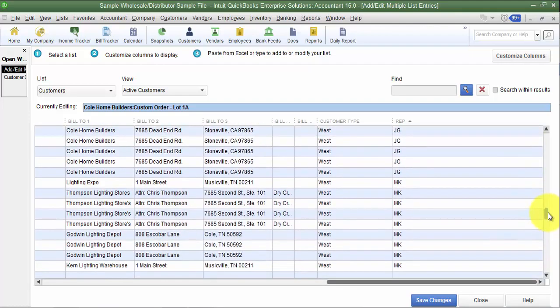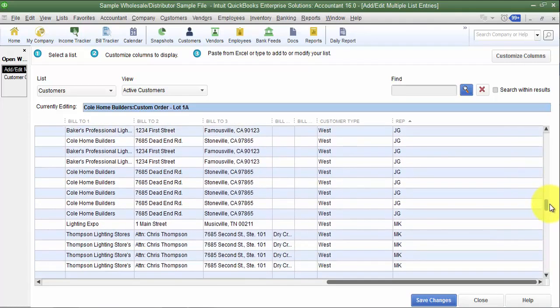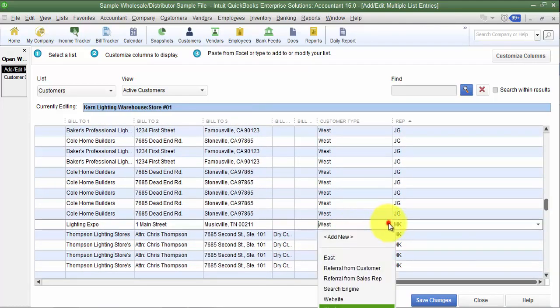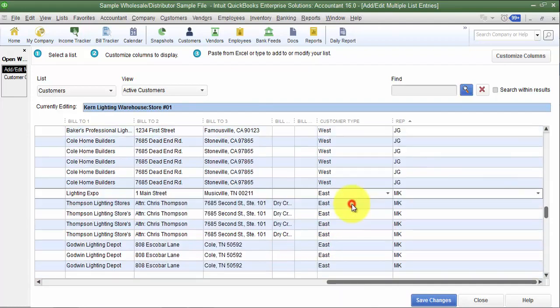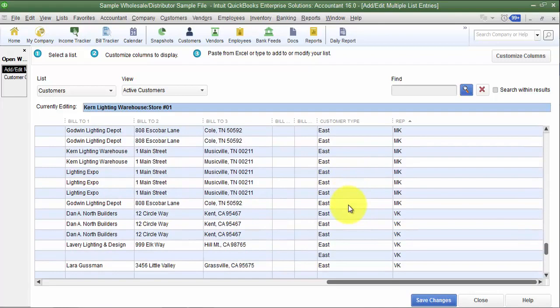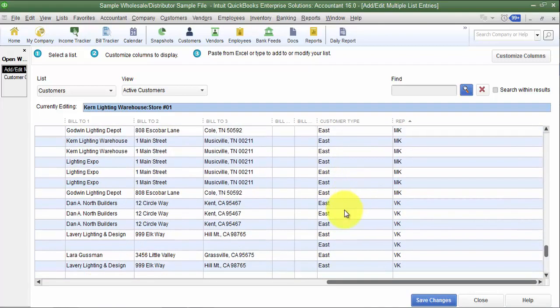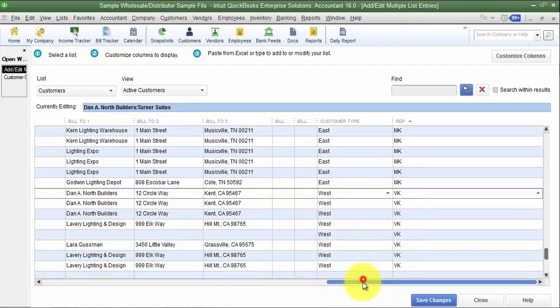Okay, but now I'm going to go down to where MK starts. And I'm going to say MK is East. And I'm going to take from there and say copy down. Again, MK is going to copy down all the way to VK. Then I'm going to go to VK and just go back to West, for now. Okay, and then copy it down again. So I get them in the order. I keep on copying down. I don't hit save until I'm done. Then when I save changes,